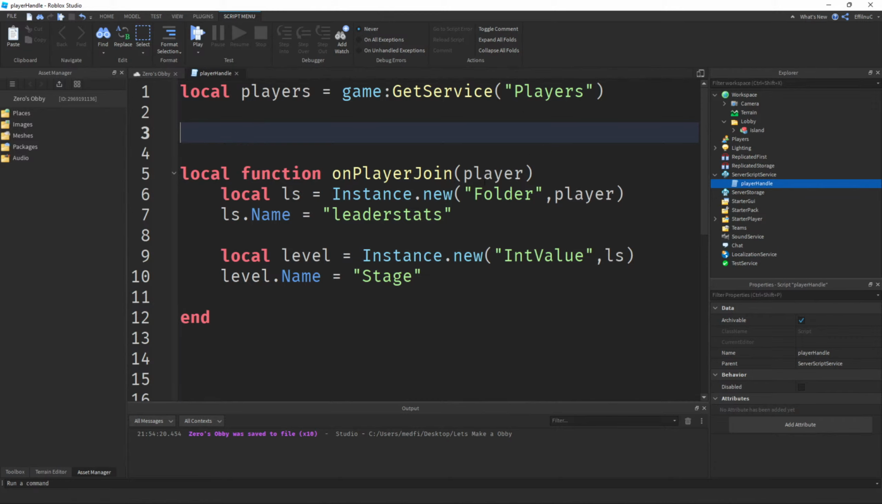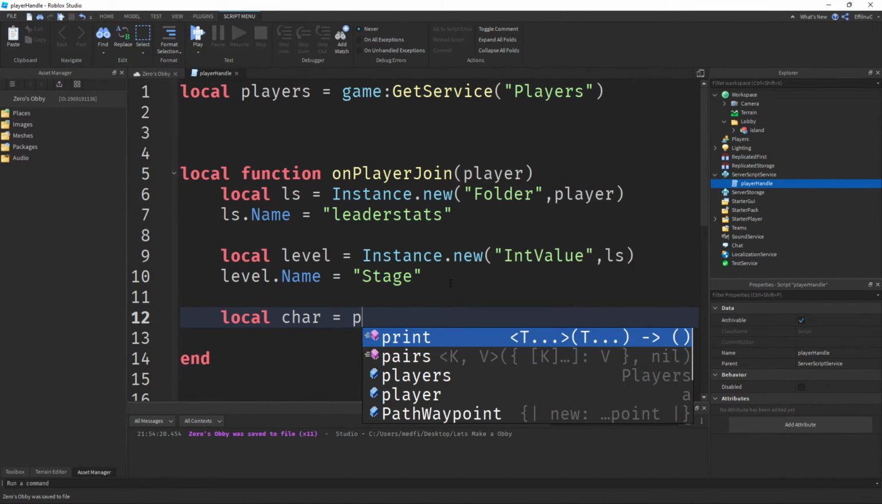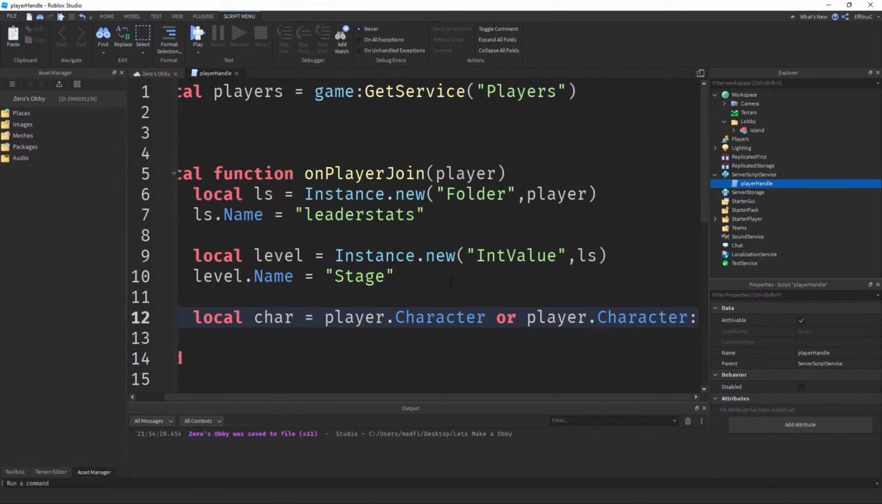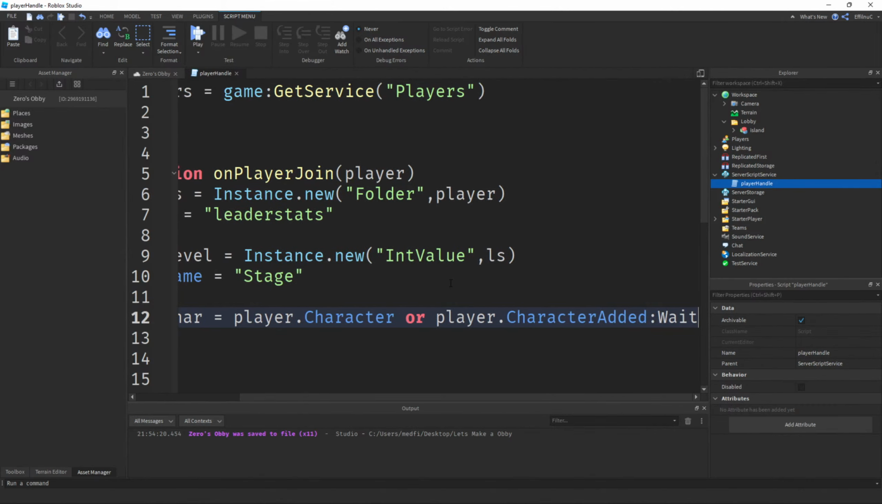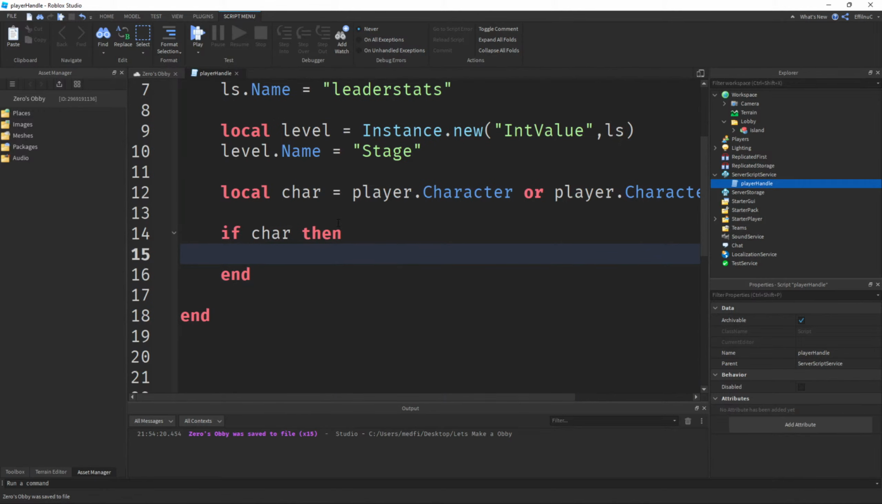Okay, so let's go ahead and get the character from the player. So we'll say local character is equal to player.Character, or player.CharacterAdded:Wait(). And then we can say if character then, if there's a character in the game,